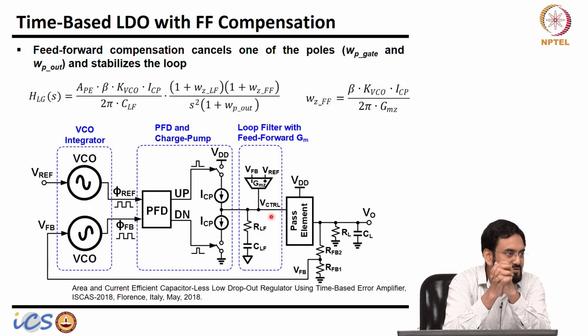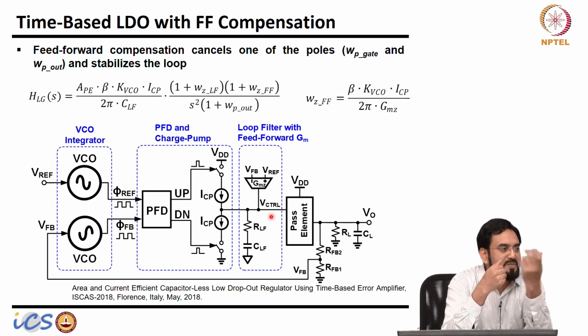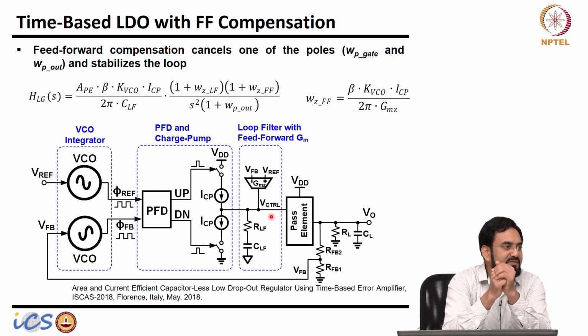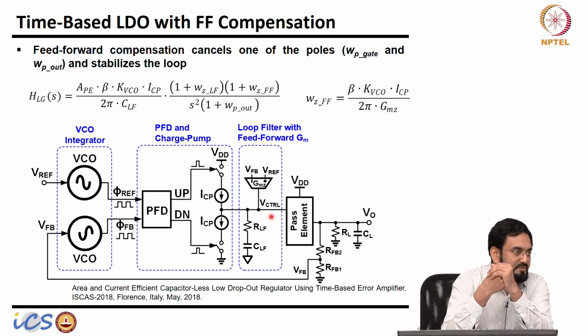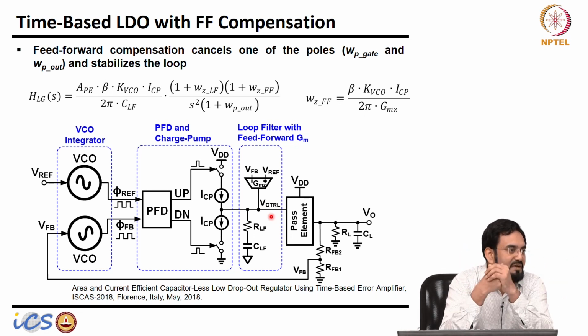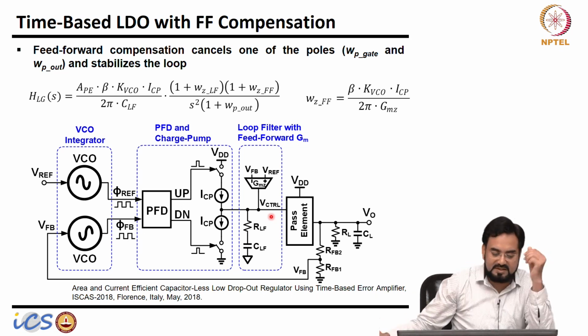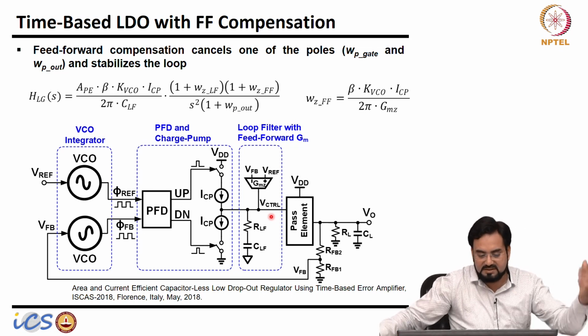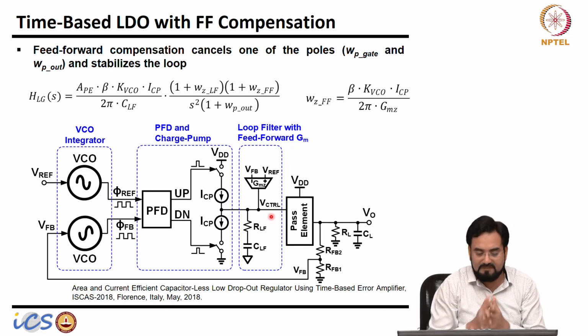It may saturate also, but in this case your power FET is very small, so at very light load only the smaller component is on, and you can make it even smaller if you want. You can keep one phase, let's say, to handle only 100 microamp, so only that port will be on, and the gate cap will be very low. You can still have a very high bandwidth without needing very high current. So that's the advantage here, if you scale the number of phases or power FET sizes with the load current.